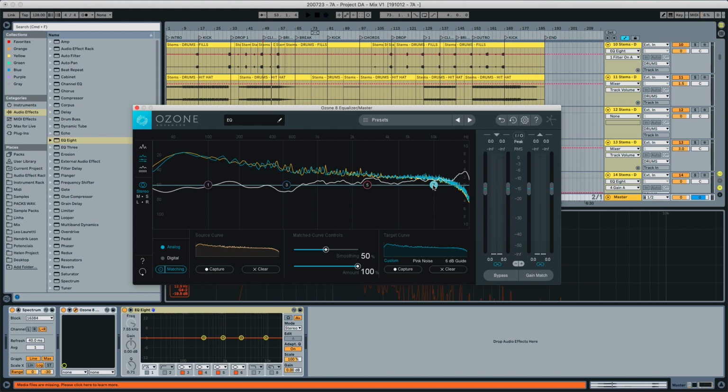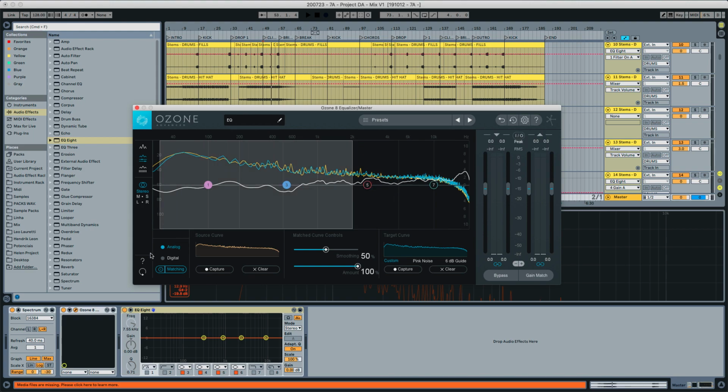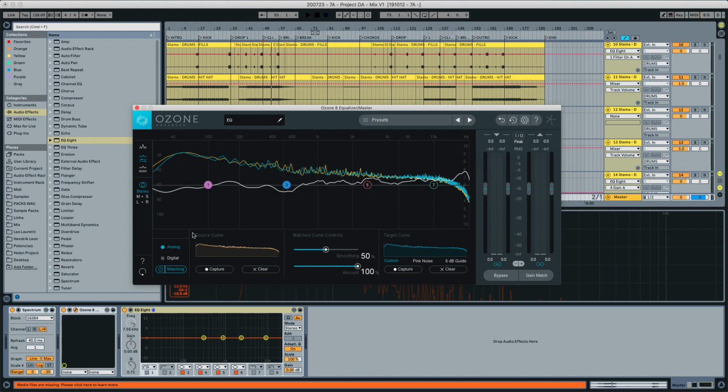So did you see that the reference track, it's not there. I'm not copying the reference track. I'm just using it as a way to make sure that my mix is on par. And I normally do this with 2, 3 other tracks. So for example, let's say you want to mix the top 2K to reference track 1, and you want to mix everything that's below 2K to reference track 2. You can do this. You can match this to one track and match this to another track and do them simultaneously. If you're only matching to one track, as long as you got a curve that you like,